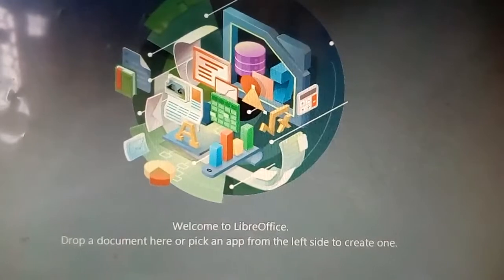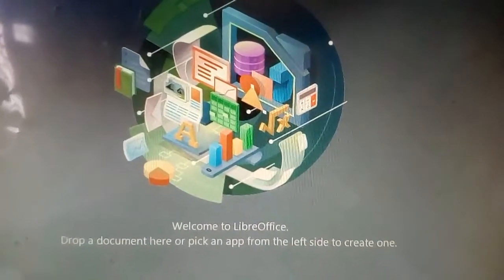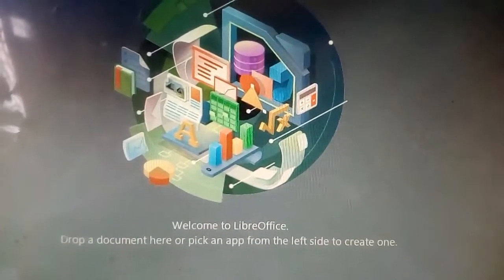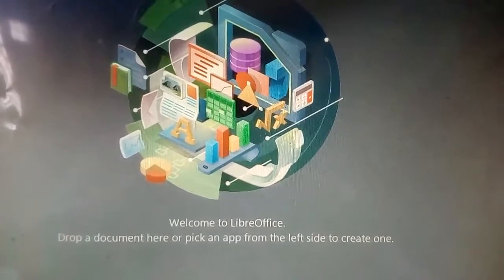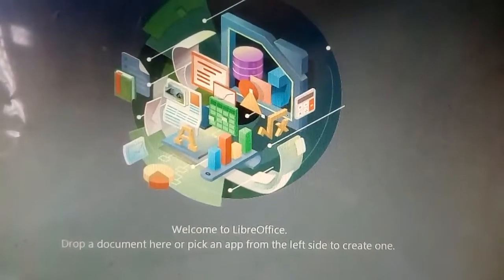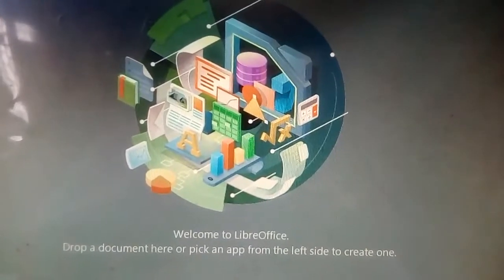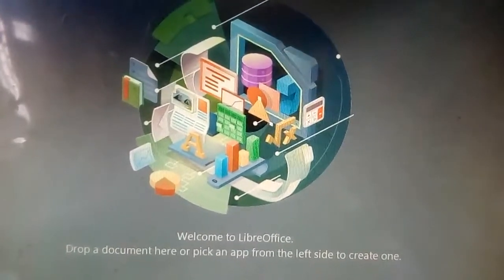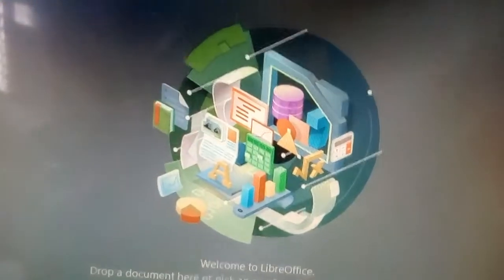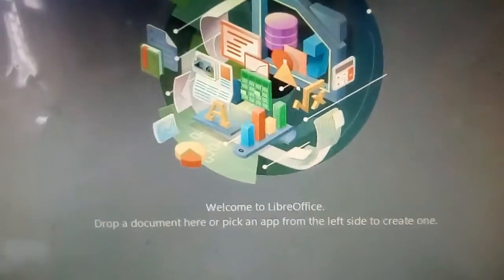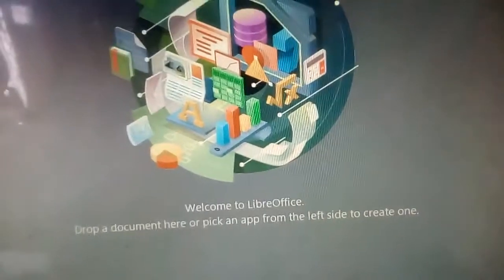LibreOffice Writer can export files to HTML, XHTML, XML, and Adobe Portable Document Format, that is PDF. All these things you can do in LibreOffice Writer. It also connects to your email client, if you will do email.